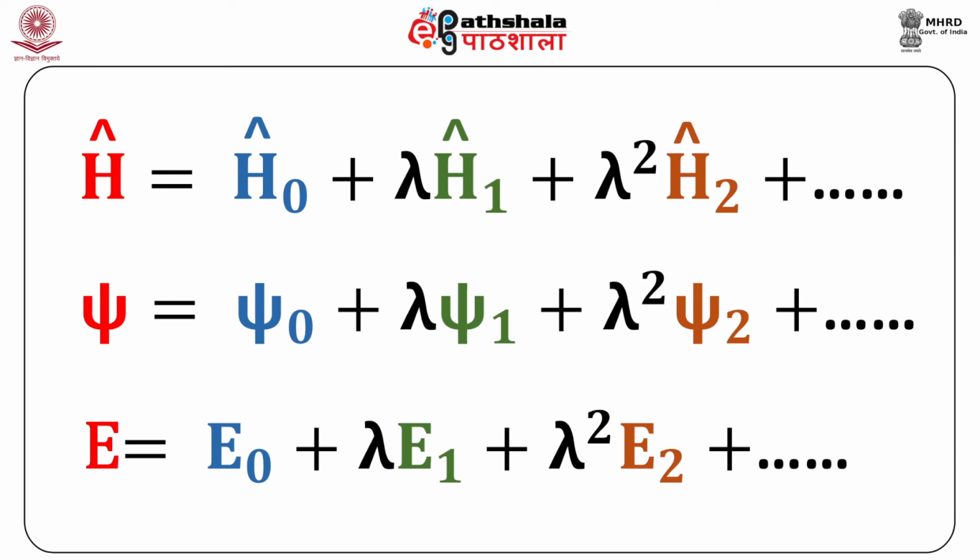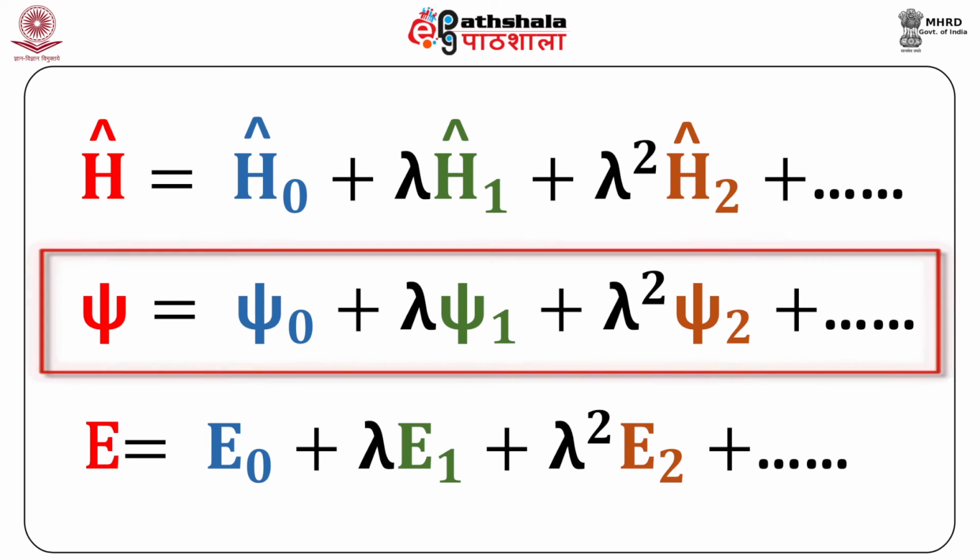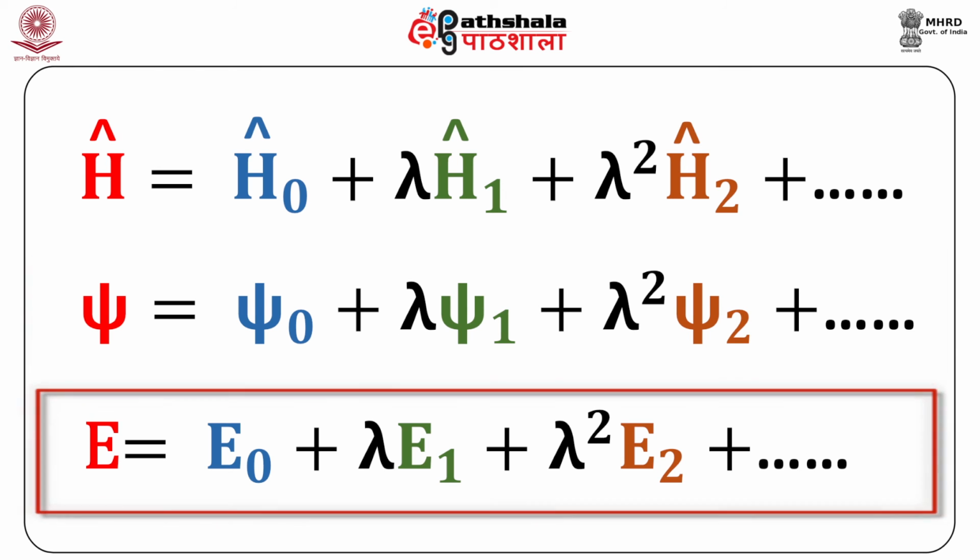Then the corresponding wave function psi is equal to psi 0 plus lambda psi 1 plus lambda square psi 2 and so on. And correspondingly, the total energy of the system can be written as E0 plus lambda E1 plus